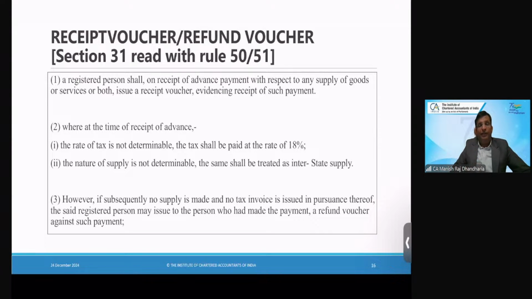सेकेंड पॉसिबिलिटी, हमने एडवांस लिया लेकिन कॉन्ट्रैक्ट कैंसिल हो गया. सो आई एम रिफंडिंग द एडवांस. तो जब मैं एडवांस रिफंड करूंगा, व्हाट विल आई हैव टू डू? आई हैव टू इशू वन रिफंड वाउचर. हम रिफंड वाउचर इशू करेंगे, उसको पूरा पैसा वापस दे देंगे. तो जो मैंने ऑलरेडी टैक्स डिपार्टमेंट में पे कर दिया, दो ऑप्शन उसके लिए, या तो मैं रिफंड भी ले सकता हूं या मेरी कोई फ्यूचर की दूसरी टैक्स लायबिलिटी है उसके साथ में एडजस्ट भी कर सकता हूं. ओके,